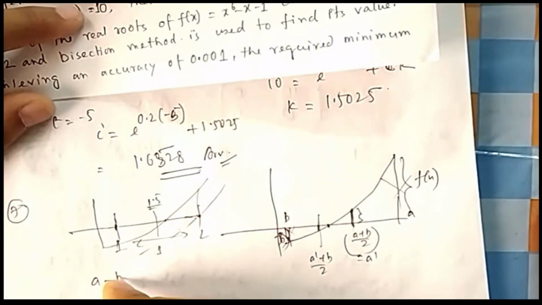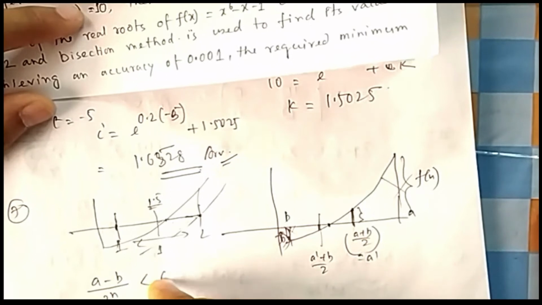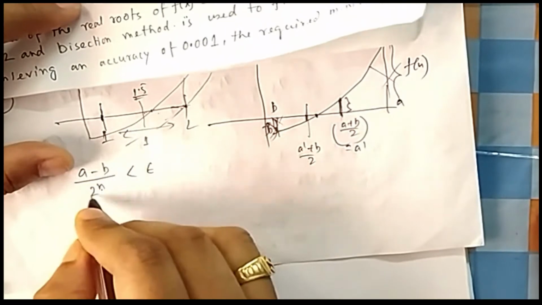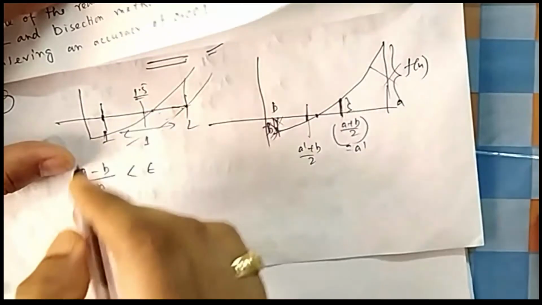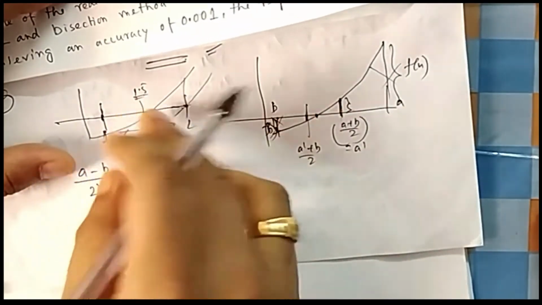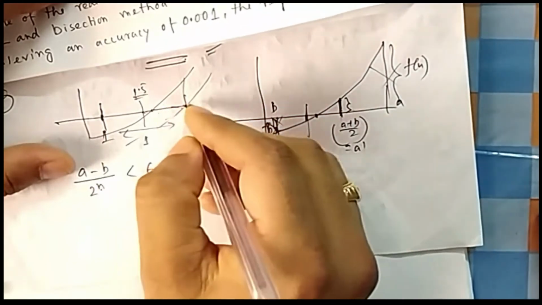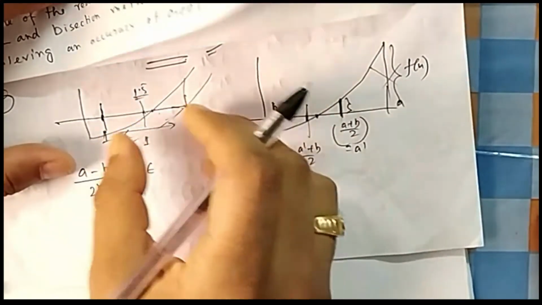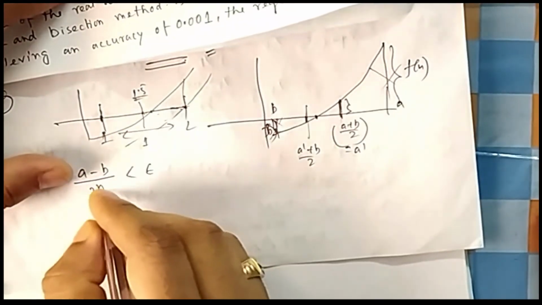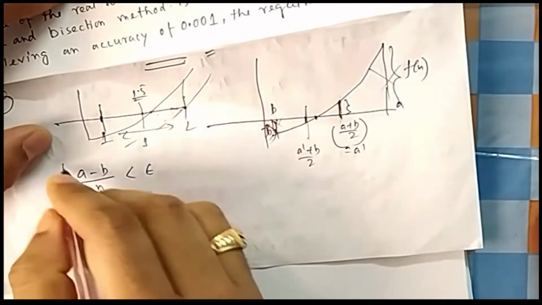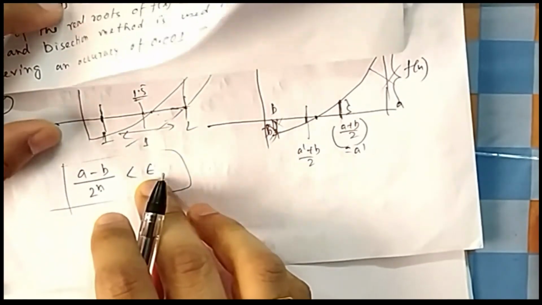That means the formula is (b minus a) by 2 to the power n is always less than epsilon. Epsilon is the error. If it is 1, then half of this one can be the error, because it can be either at this point or this point. If it is one step, that means you are in half. So the error can be hardly that half. The actual answer is here, you are at the half point. That is the maximum case. Every step you are narrowing down, so that's why 2 to the power n. First half, then you again half, so 2 into 2 into 2, that's why 2 to the power n. So this is the formula for finding absolute error in this case.